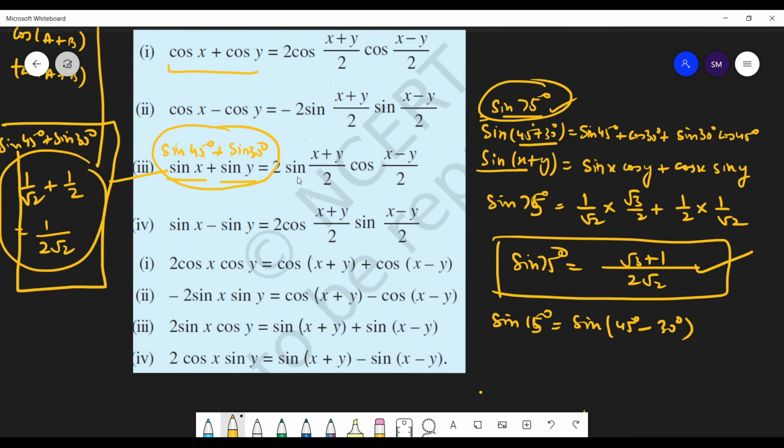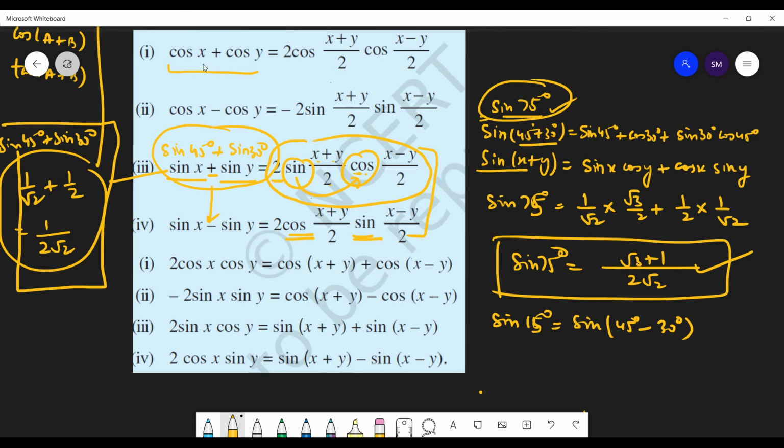So that is why these two formulas are different. Don't mix them up. Now how to write this formula? Pretty simple. 2 into sine x plus y by 2 into cos x minus y by 2, students. Yes, only this thing you need to remember. Now if I have minus over here, then sine and cos will be interchanged. So if instead of plus you have minus over here, then this sine and cos will be interchanged. So cos will come in front and sine will go there. So that's the new thing.